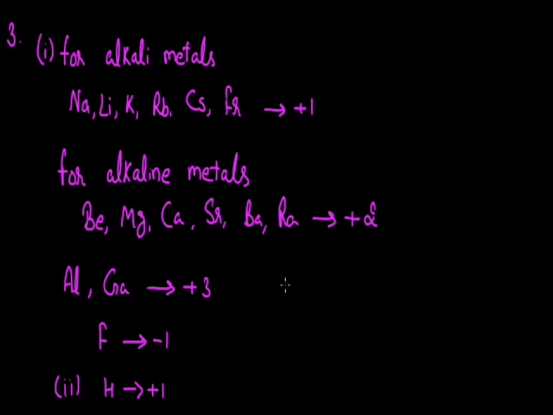For example, if I talk about hydrogen chloride, HCl. Here, if I am to find the oxidation state of these two elements, chlorine is not introduced till now in this rule number 3. Here I have not put the value of the oxidation state of chlorine. So the oxidation state of chlorine will depend on that of hydrogen, and here we can use the general oxidation state of hydrogen as +1. If hydrogen is +1, then to make the total charge 0, this chlorine will show -1 oxidation state.